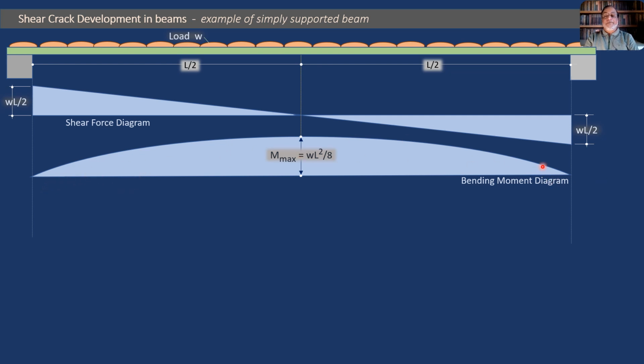This bending moment diagram is a parabolic curve, a sagging or positive bending moment diagram. It has a maximum value of bending moment, M max, of WL square by 8 at the center, and the values of bending moment are 0 at the two supports. So if we compare the two diagrams, the shear force diagram and the bending moment diagram, we will find a reverse situation, that when the beam is critical for bending at the center,